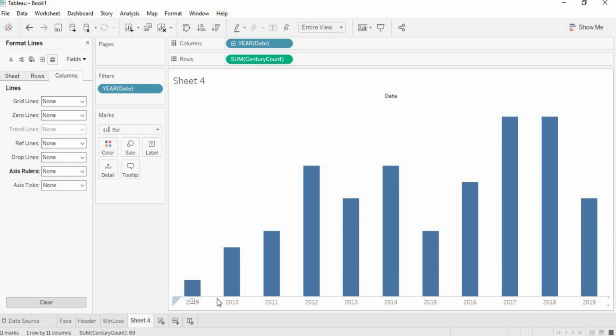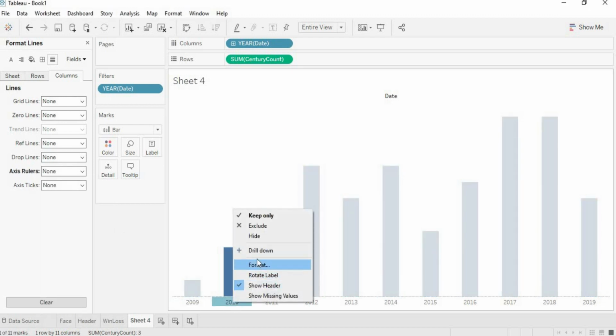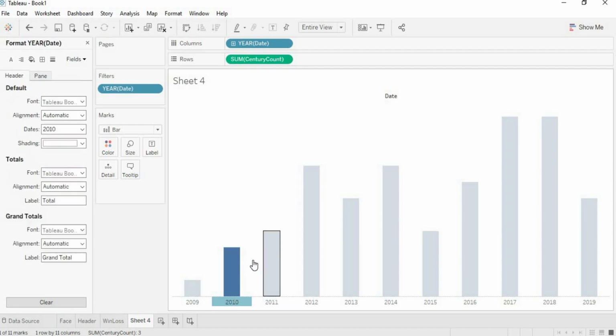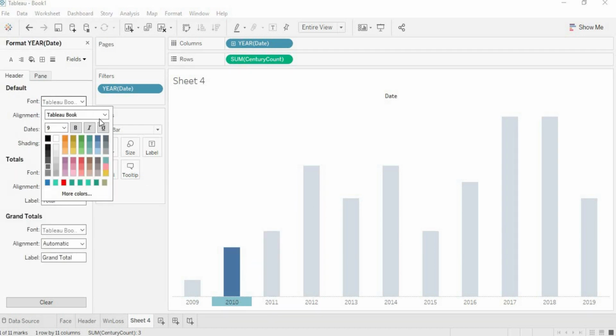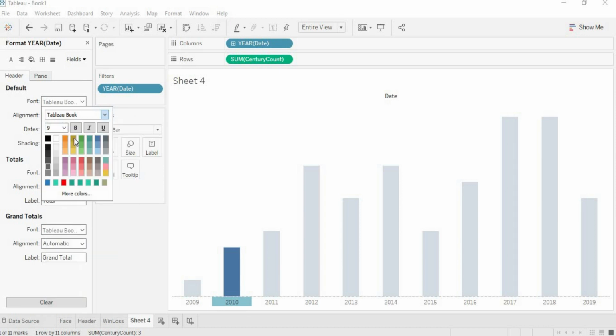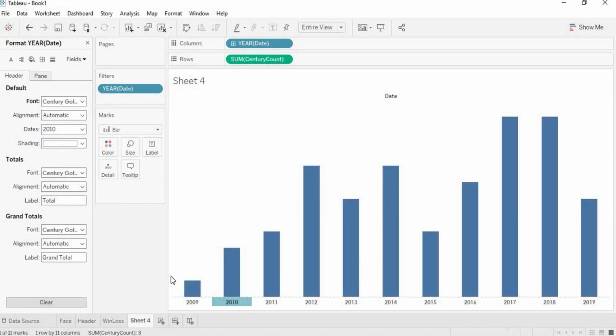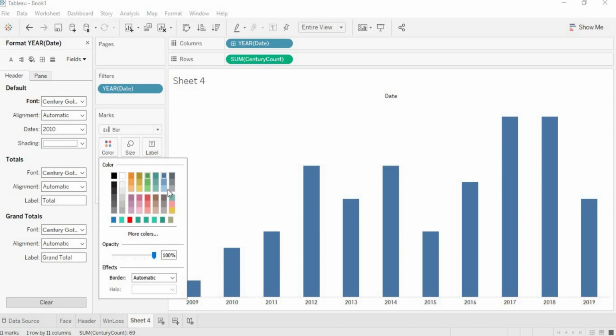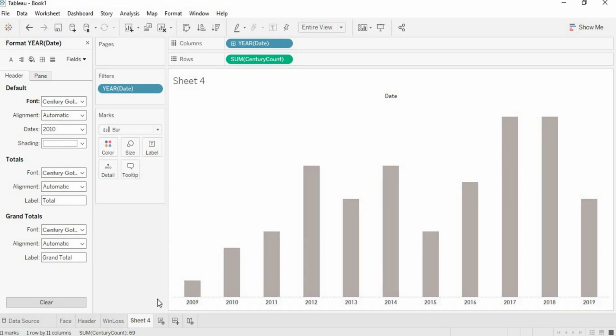So that's it. Now format the header, Century Gothic. You could use anything. Bold. Change the color, and I'll be using this lighter shade. So that's it. This is year wise century.